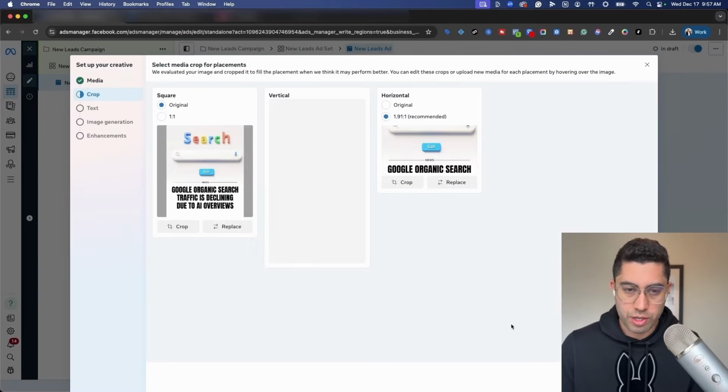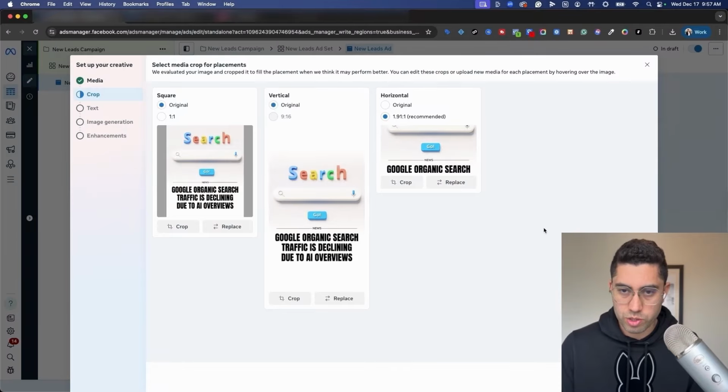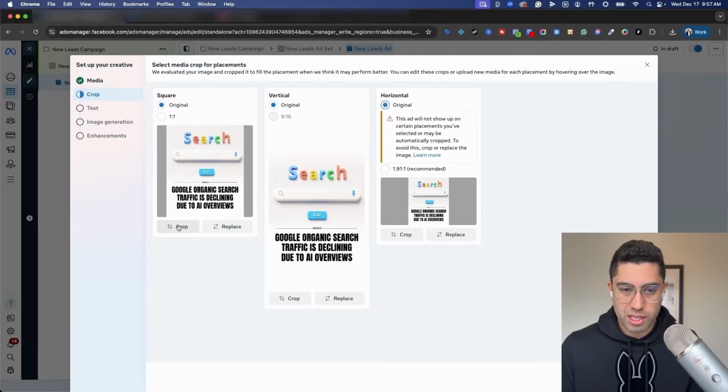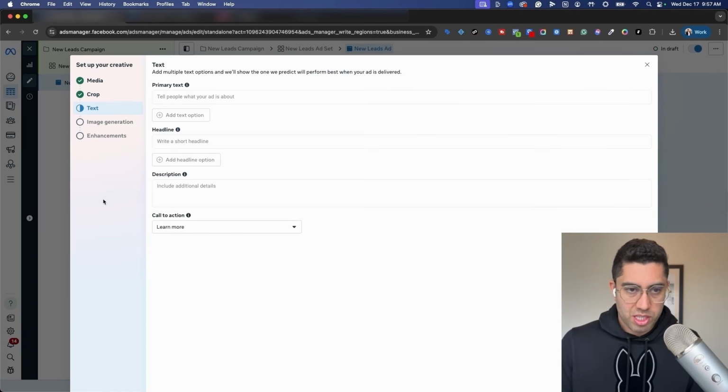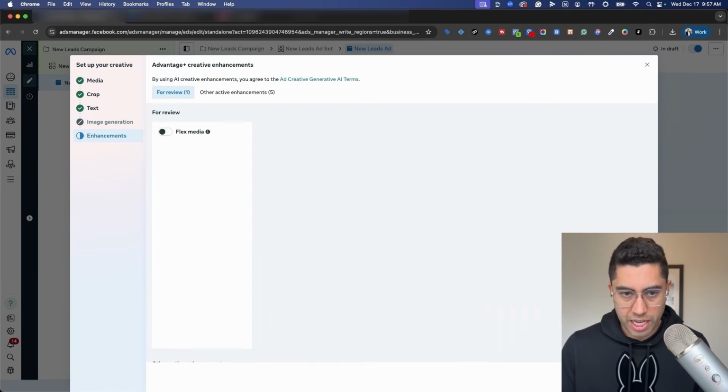Right, so here's what it would look like with a white space. Also works extremely well. So it doesn't always have to be white text on black. You always try A/B testing it, so black text on white. And then obviously you want to load up your text headlines there.